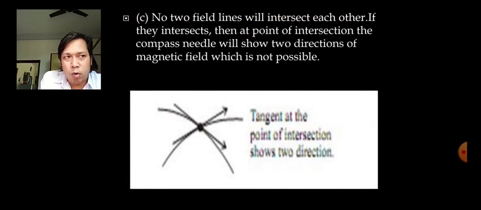Now the most important point about magnetic field lines is this, that no two magnetic field lines intersect each other at any point. Now the question is, what happens if two magnetic field lines intersect? Obviously, if two magnetic field lines intersect each other, you place a compass there. The compass will indicate two directions, North Pole, South Pole in one line, and again North Pole, South Pole in the other magnetic field line. So which is impossible. Due to that reason, two magnetic field lines never intersect each other at any point.